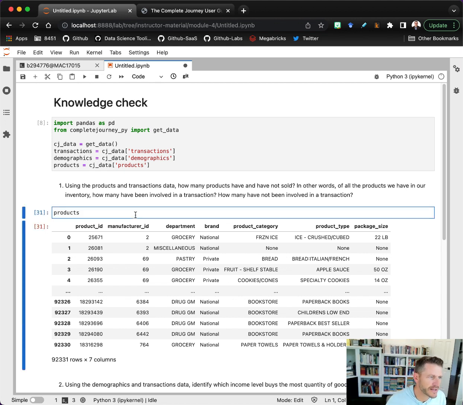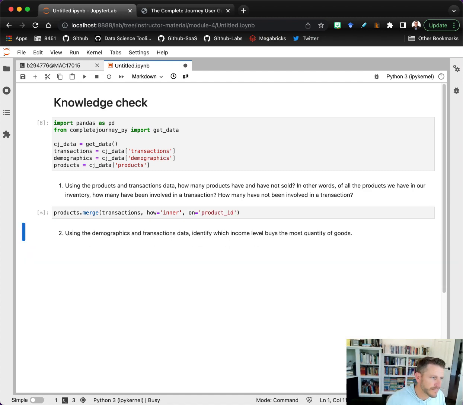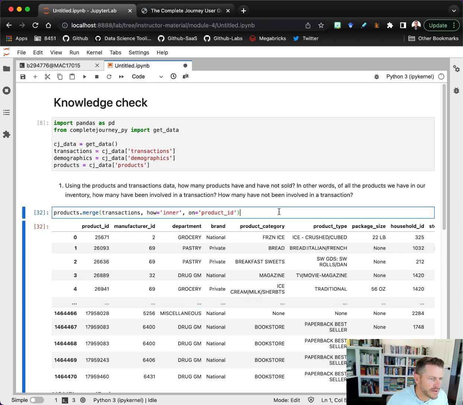Well, there's a couple different ways that we can answer this. But probably the easiest one is we could take products and merge it with transactions. Now, how do we want to merge? Well, we want to merge using an inner join, and an inner join is only going to retain those products that we have transactions on, right? So we want to go ahead and merge on the product ID. So now when we do this, we can see we actually have